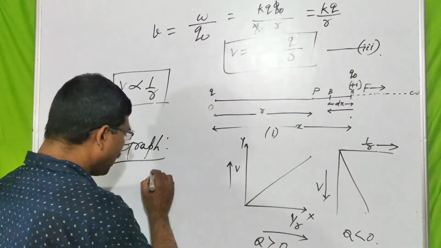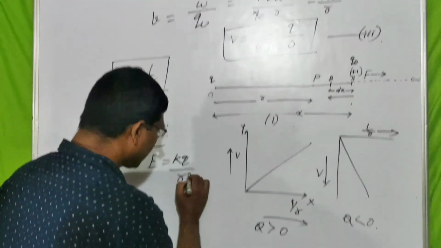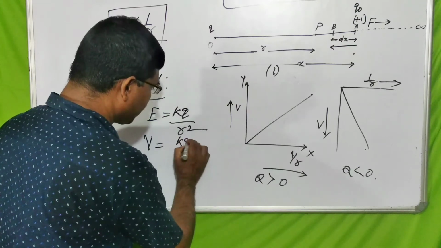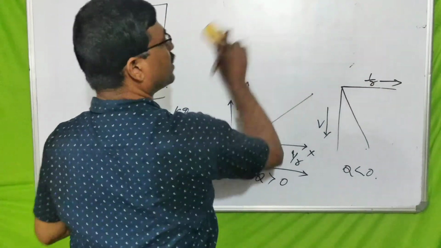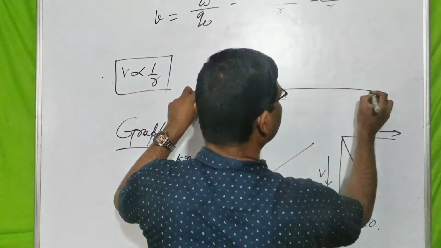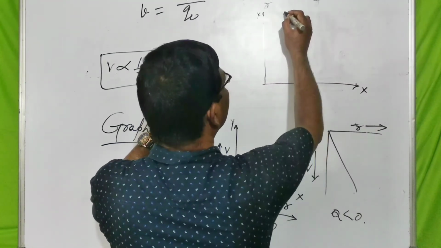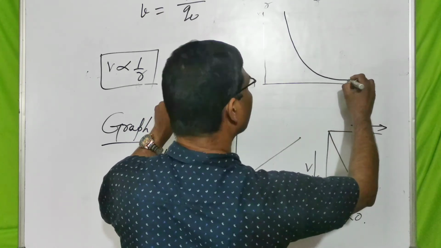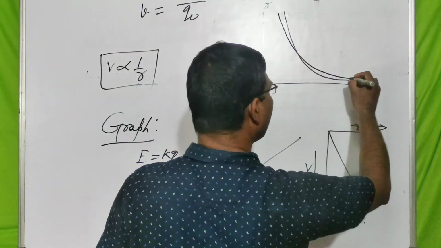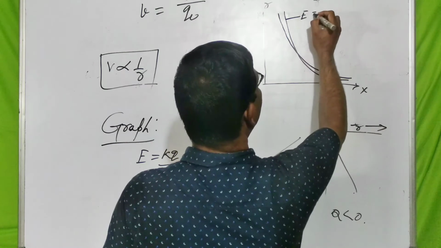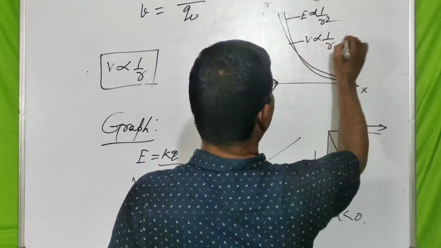But mind it, you know the electric field due to a point charge is k Q by r square. But electric potential due to a point charge is k Q by r. So if you plot the graph between E or V versus distance, what will you get? I am writing. Suppose this is the x-axis, this is the y-axis. So what will you get? This will become more steeper, because of r square. So this is E, E proportional to 1 by r square, and this is V, V proportional to 1 by r.